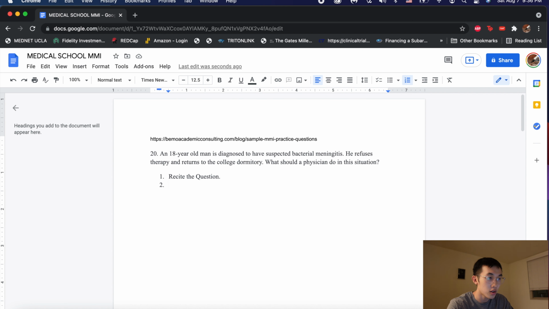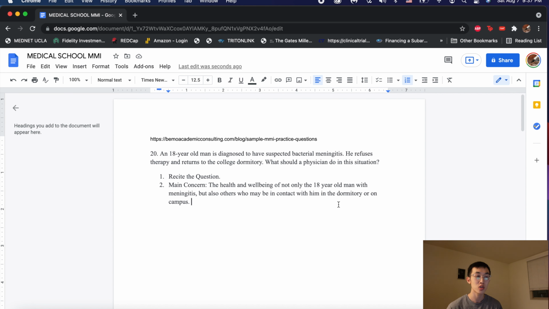So your main concern here, I would probably say something around the lines of the health and well-being of not only the 18-year-old man, but also others who may be in contact with him in the dormitory or on campus. Again, there's really no right or wrong way to be imaginative and creative with your answers as long as it's within the ballpark of being right. So here the main concern, I would just say the general well-being and health of both the man and the people that he's in contact with. That should be good enough to state as a main concern. And then number 3,